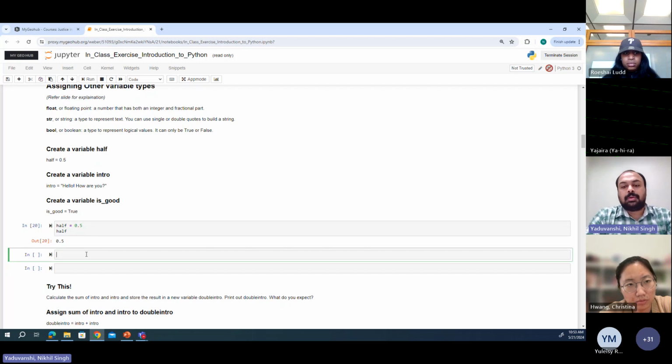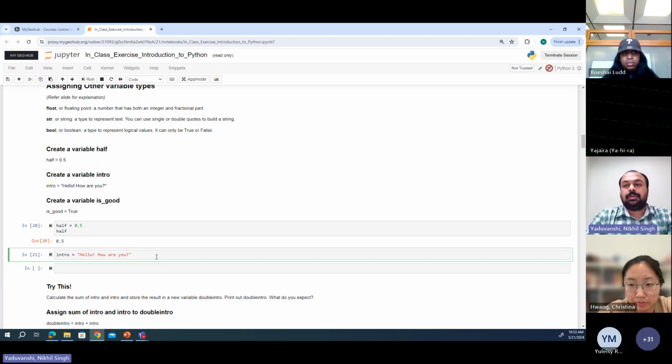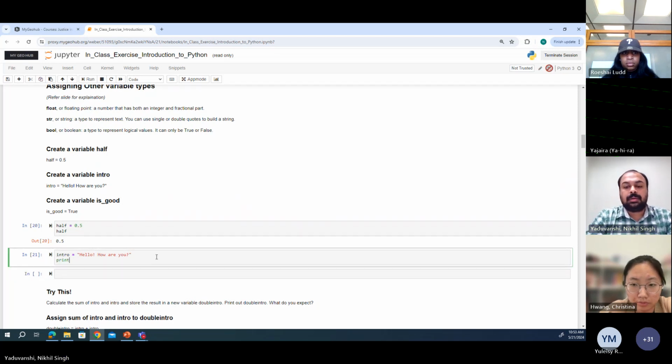I like to follow print because I've been doing it for a long time like that. But Jupyter offers this flexibility where you can directly print the name of the variable. So for example, now I have to create a new variable called intro, and I name it as hello, how are you? And if I hit shift enter, sorry, I didn't print that. So print intro. After shift enter,